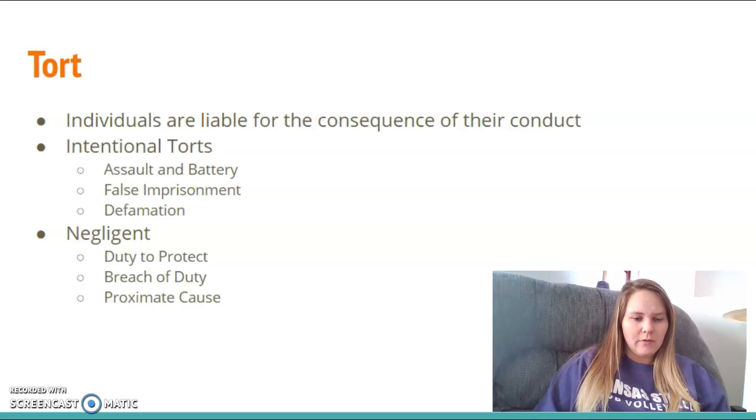Negligence comes in the form of three things: duty to protect, breach of duty, and proximate cause. Duty to protect would be establishing a special relationship, especially in the form of student-teacher, that you owe that student the duty to protect them or advocate for them. Breach of duty would be failure to exercise that standard of reasonable care. And then proximate cause would be connection. You can relate the connection between the breach and student injuries if injuries took place.